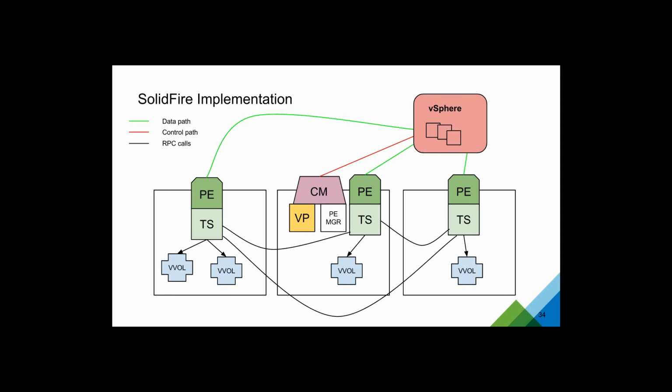So the idea here in this case is if the middle node actually went down, the cluster master would migrate to one of the other nodes, and you would still have access to your VASA provider and the ability to connect to the PEs. And in this case, the protocol endpoints are typically put somewhere where they have optimal access to the vVols that they're talking to. But in cases where they don't, the protocol endpoints will actually talk across the nodes to get to the vVol that they need to.